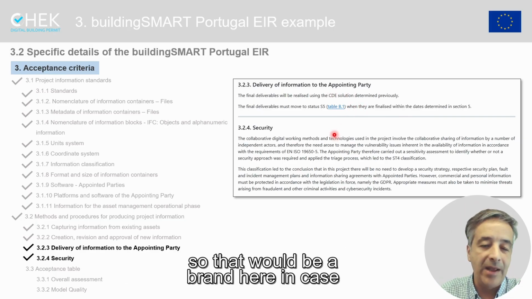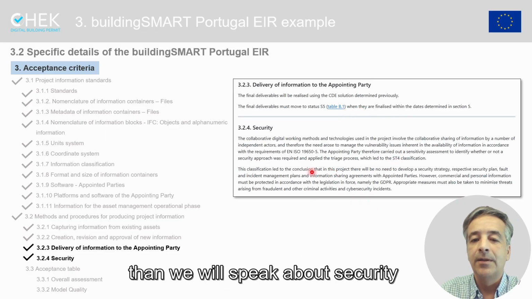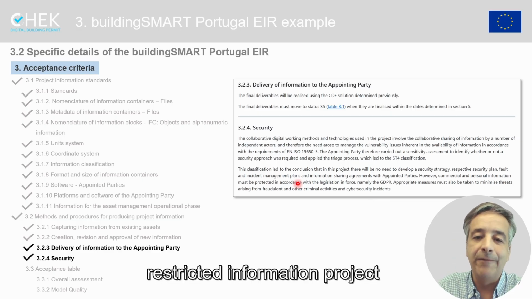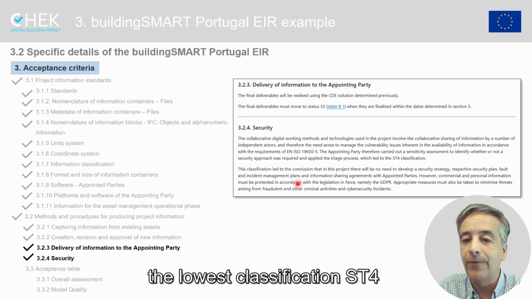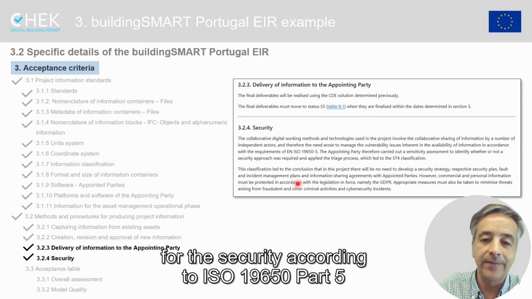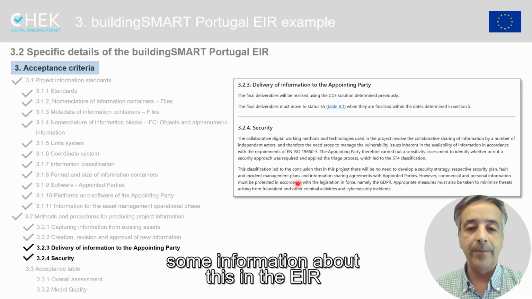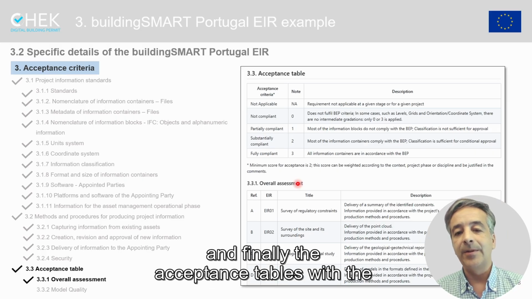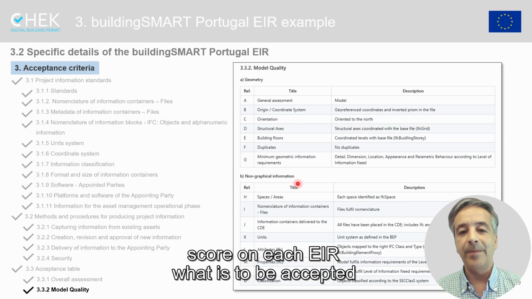So there would be a brand here in case there would be a proprietary one. Then a little bit about security. This is a not restricted information project, so it follows the lowest classification, ST4, for the security according to ISO 19650 part 5. Yet we found it interesting to bring some information about this in the EIR. And finally, the acceptance tables with a score on each EIR, what is to be accepted or not, and the